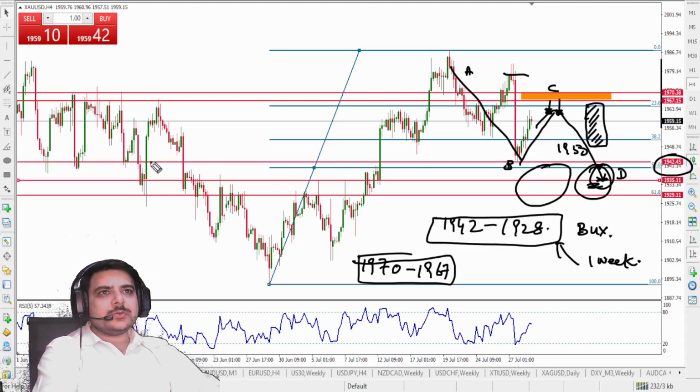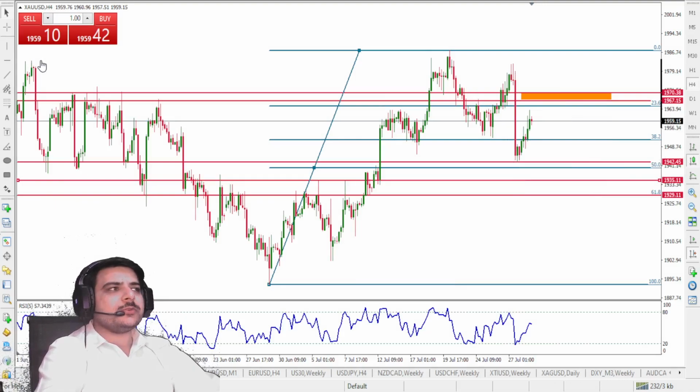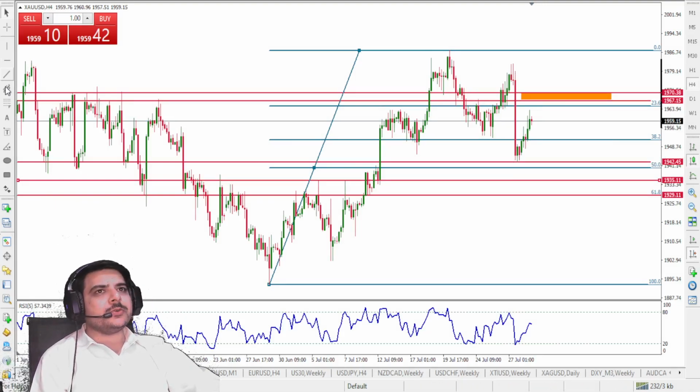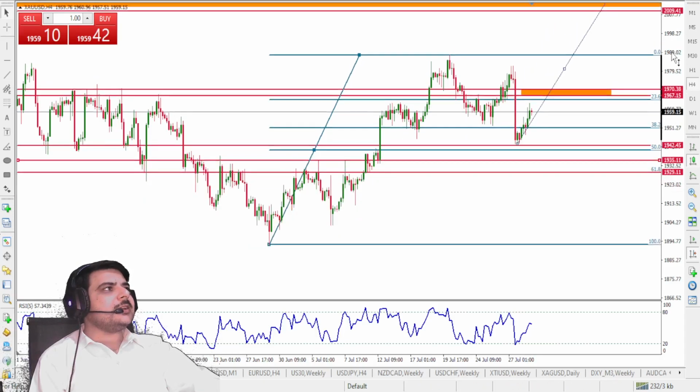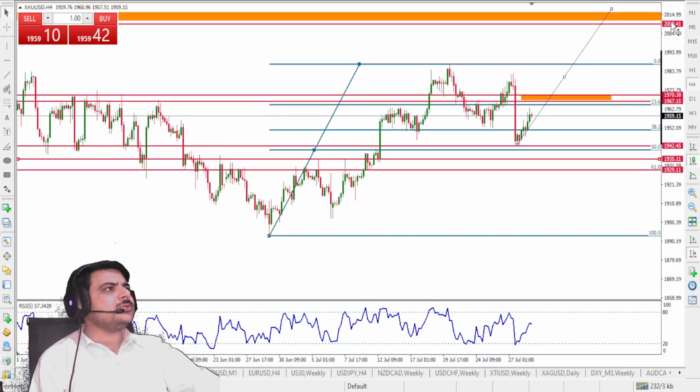Now let me head over to your question, in which you have asked me where the bullish wave is going to go on the H4. On the H4, since we have got a breakout from right here, I am assuming this whole area now is a bullish wave with me, and it is showing me around 2009 and 2017 zone.